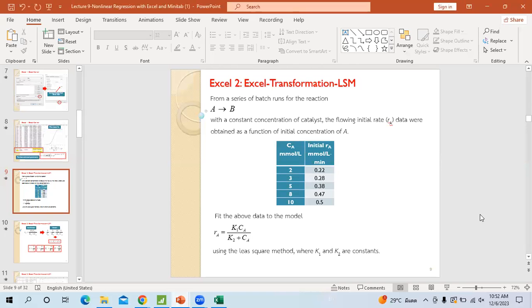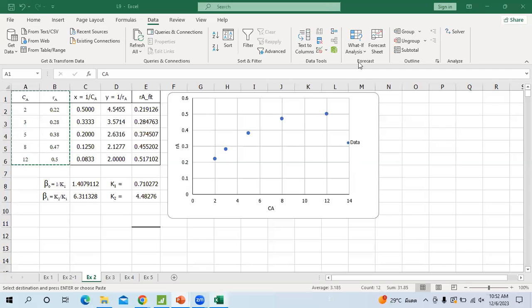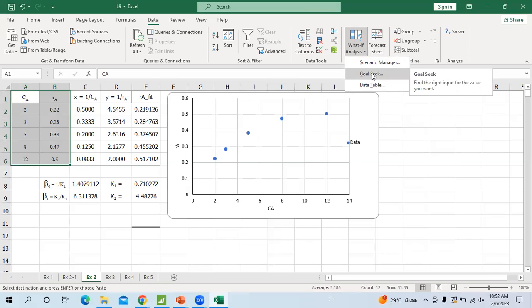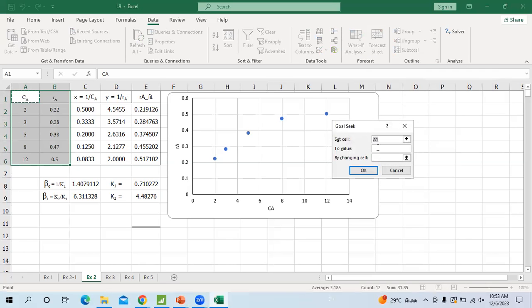Okay, this is for nonlinear in Minitab. If you use Excel, I will talk to you about the optimization by Solver. By Solver, it can be 1 parameter or more than 1 parameter. And also in Excel, we have Goal Seek. If you go to What-If Analysis, we have Goal Seek. Goal Seek finds the goal. But for this case, we have only 1 parameter. If you use Goal Seek, use it for 1 parameter only, like that. Okay, for this,